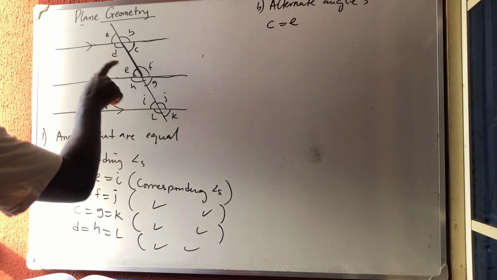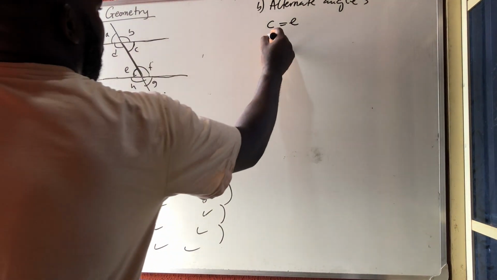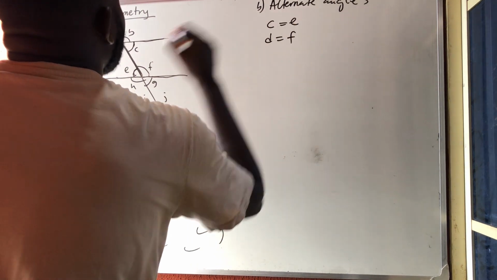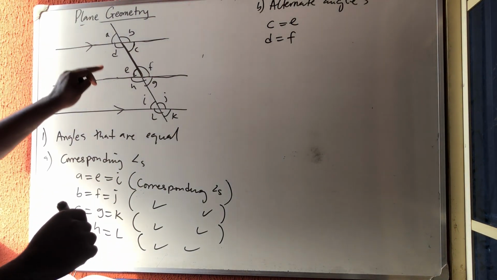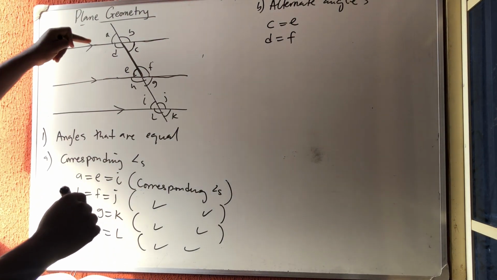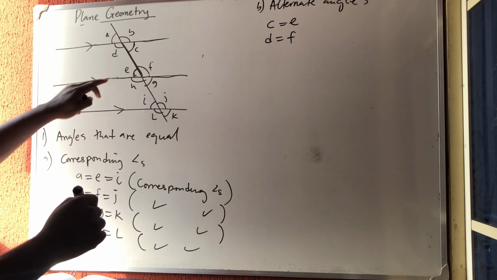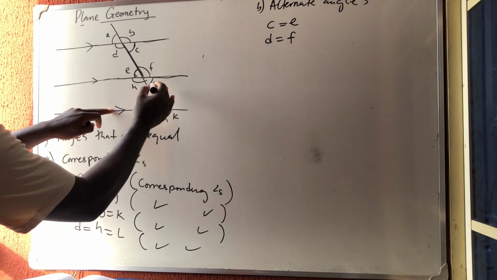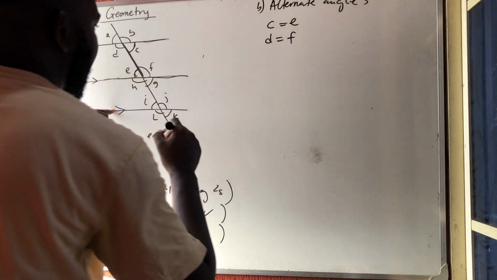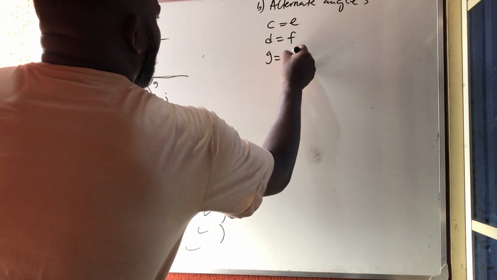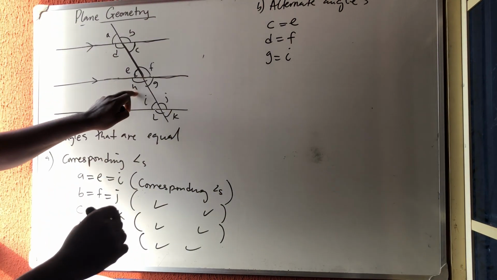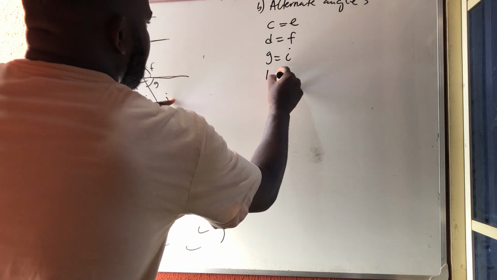So this inside is supposed to be equal to outside. So we say that angle D is equal to angle F. So we have considered these two parallel lines. Now let's consider these two parallel lines. Considering these two parallel lines, I'm having that G is equal to I. So angle G is equal to angle I. So H is equal to J. So angle H is equal to